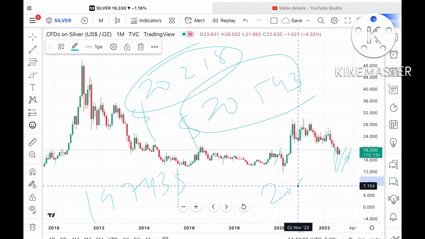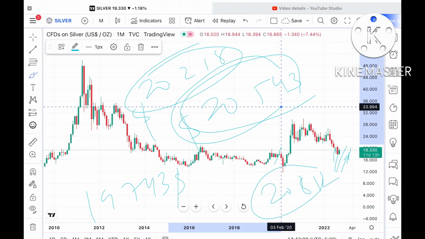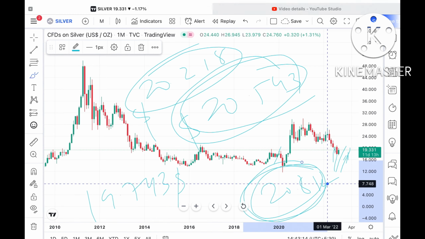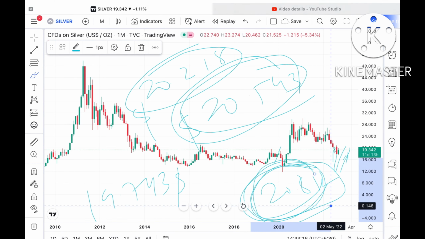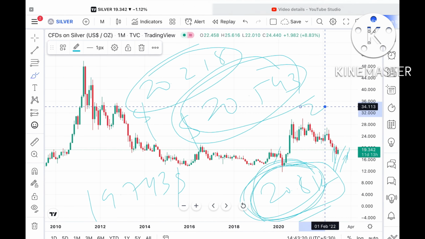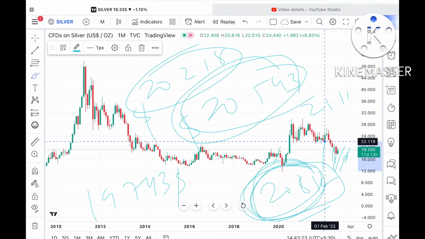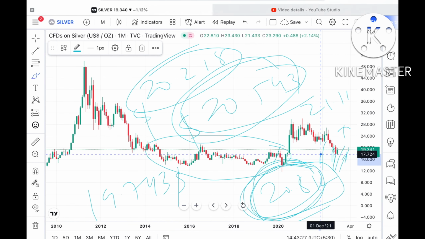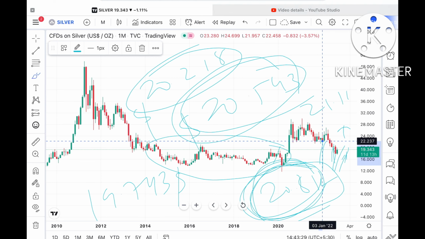$20.812. As you know, 20.543 is a weak resistance, as it has already been tested twice, so the probability is high that it can move further high. Once it goes above a level of $20.812, then it can touch a level of $21.168, and if that level sustains, then it will come up towards this range, and it can move towards a level of